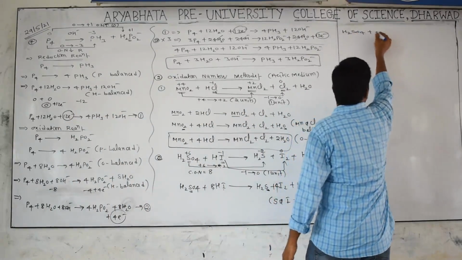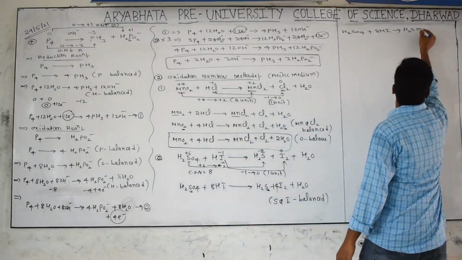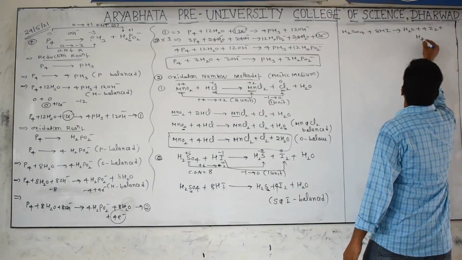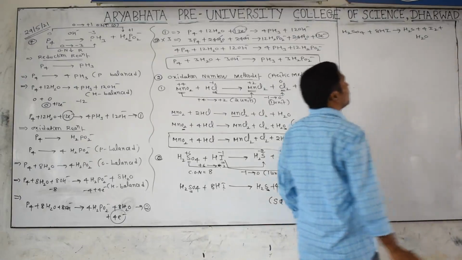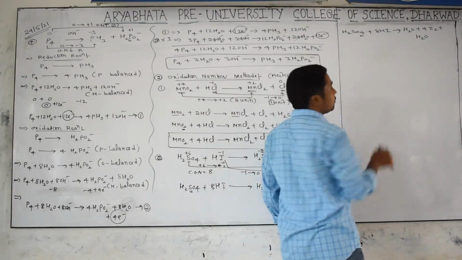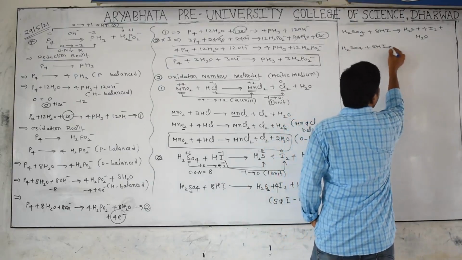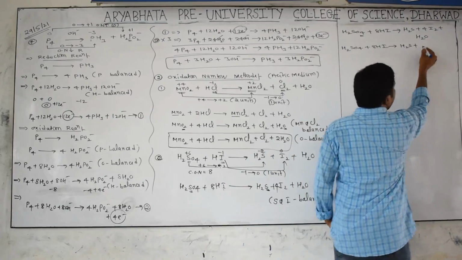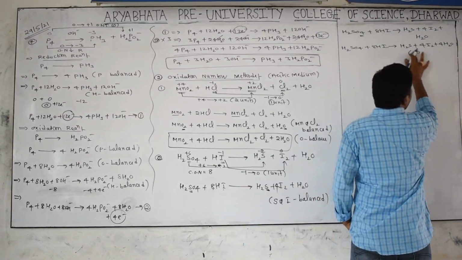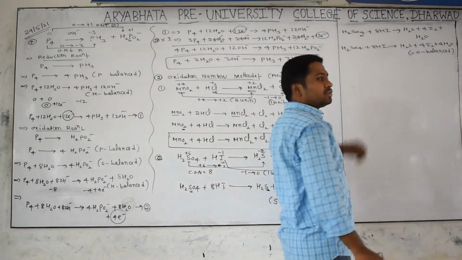H2SO4 plus 8HI gives rise to H2S plus 4I2 plus H2O. Okay, now we have to go for balancing of oxygen. On the left side how many oxygens are there? 4 are there. That's why the right side also has to get 4. So what should we do? H2SO4 plus 8HI gives rise to H2S plus 4I2 plus 4H2O, which is balanced. Oxygen is balanced. Later go for balancing of hydrogen, it automatically balances.